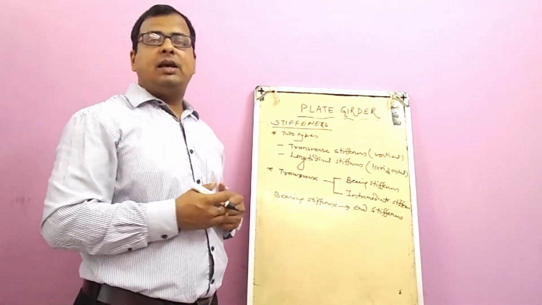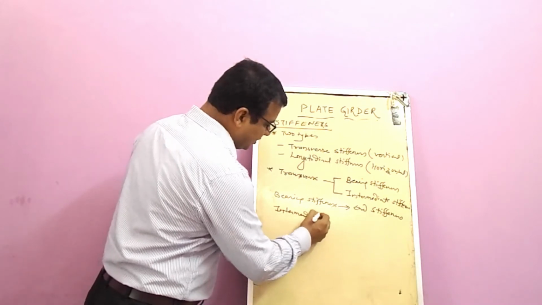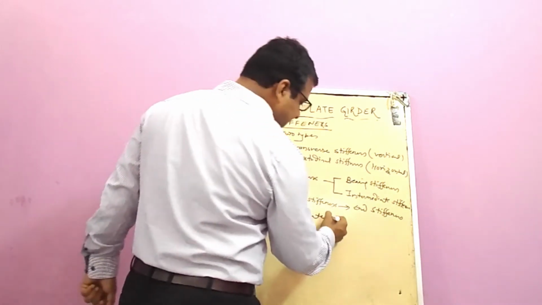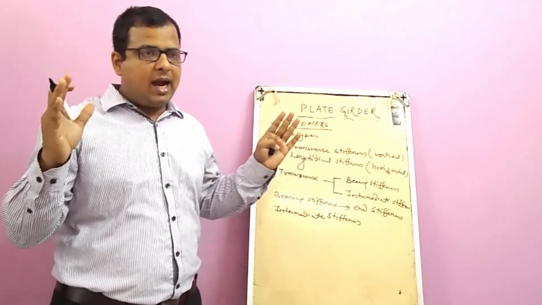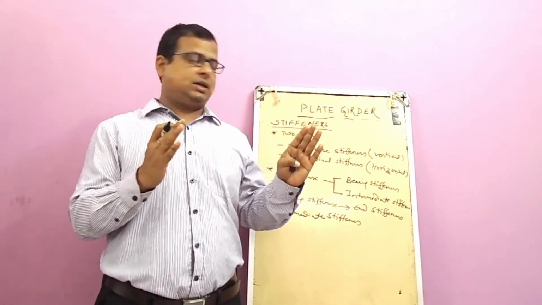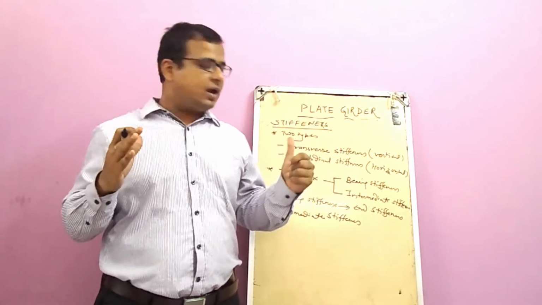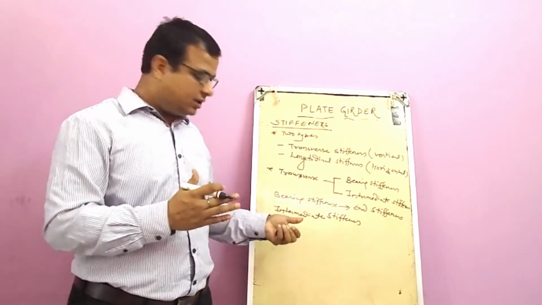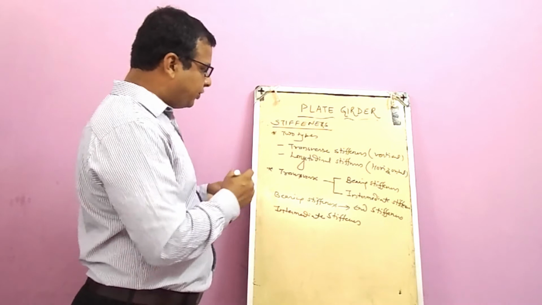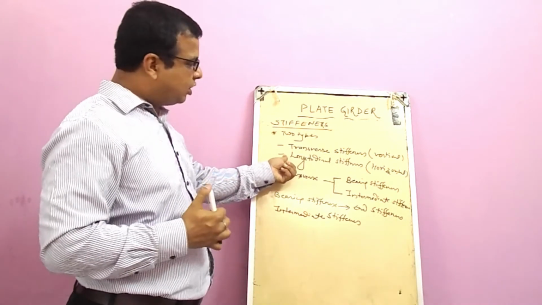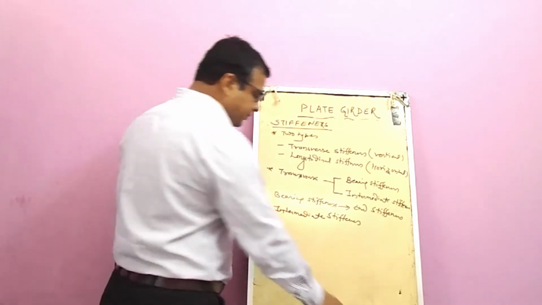Another stiffener is the intermediate. Intermediate stiffeners are basically provided in between the supports so that the shear buckling strength can be increased by using these intermediate stiffeners. So in this video we will discuss in detail the intermediate stiffeners. First of all we come to the longitudinal or horizontal stiffeners. First we have discussed these two types of stiffeners.